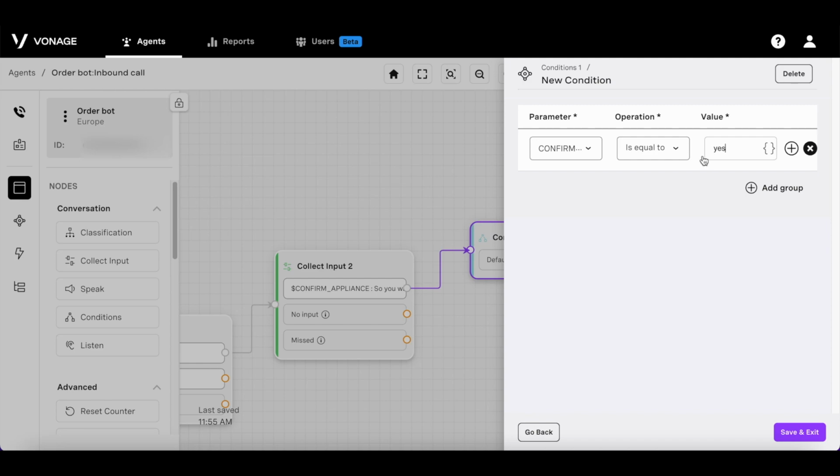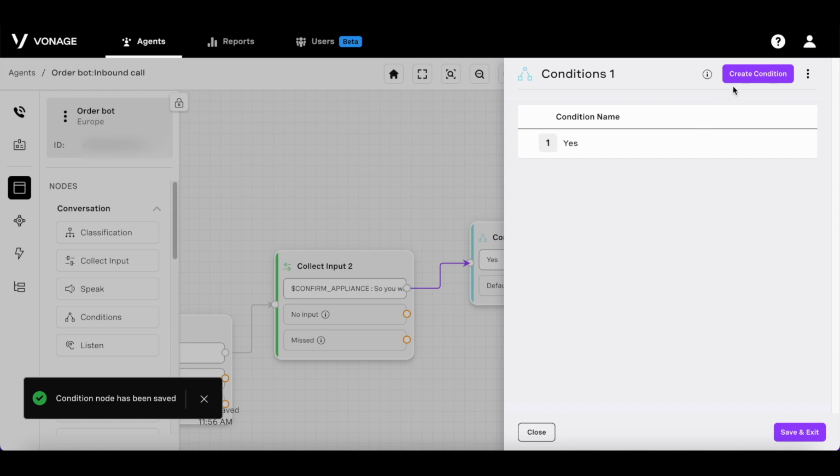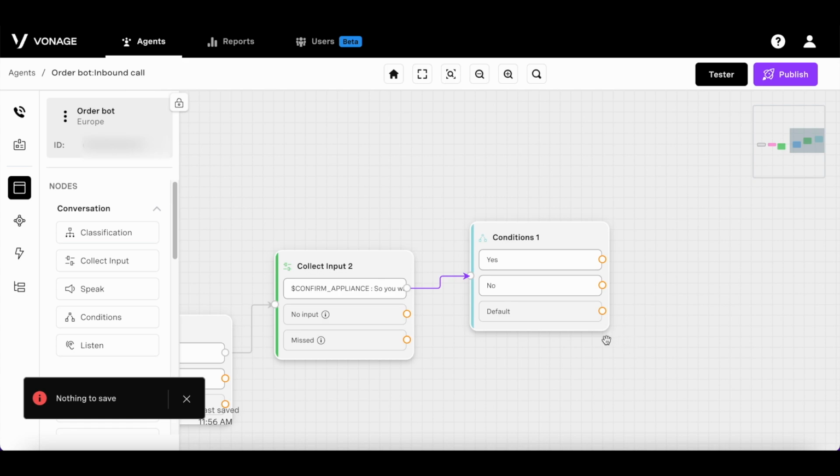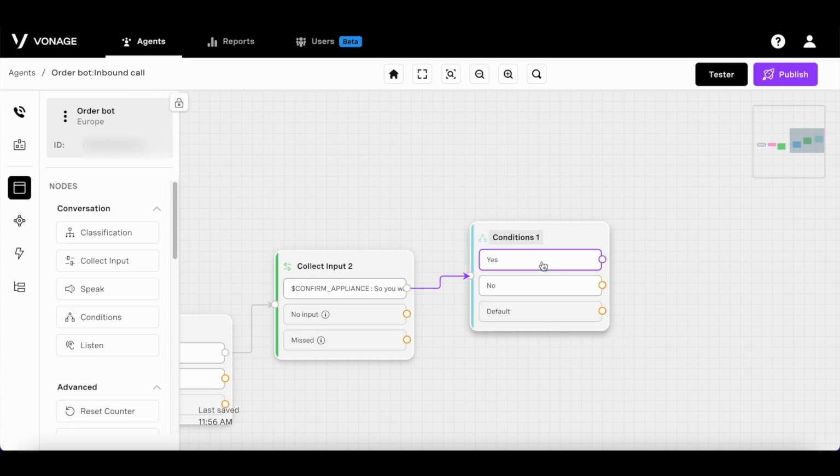What we've done here is we've essentially let the user know that if the input collected under confirm appliance is equal to yes or any of its synonyms, this condition is satisfied. Let's name the condition and exit. Similarly, we can create a condition for no. Thus, we can alter the flow of the conversation based on this response.